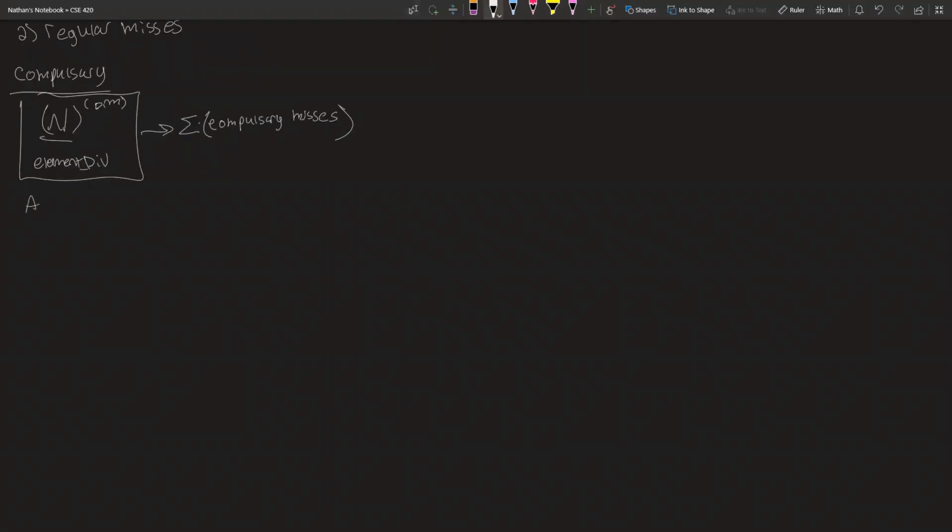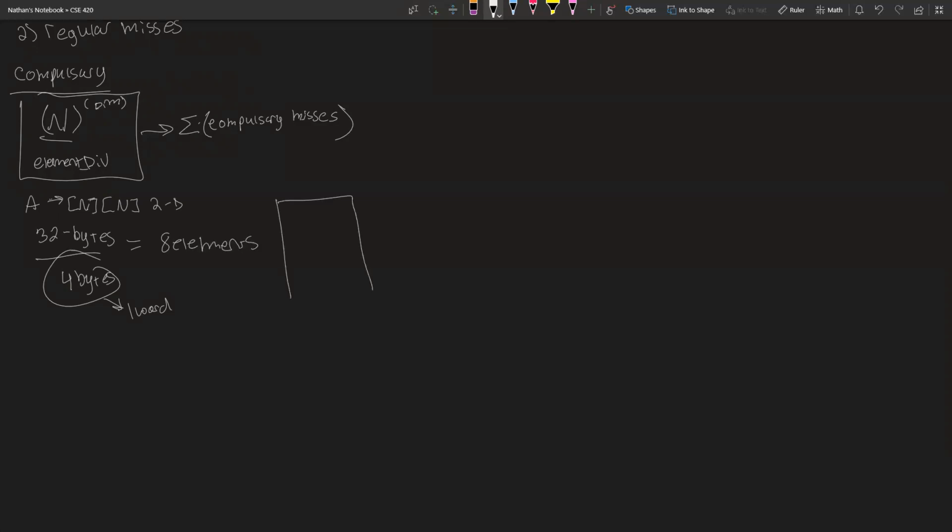Now, how does this look? So given A, which, if I remember, A was defined as n by n, which means it's two-dimensional. And then for the element division, we need to figure out how many blocks we are dealing with. So it says the cache is configured with a block size of 4 by 8. Our cache block size of 4 by 8 is 32 bytes. So we have 32 bytes for our cache block size. And we also want to fit in a bunch of integers. So we need to see how many integers we can fit in each block. So we're going to divide that by 4 bytes, and this is also one word. So we find that we can only fit 8 elements,